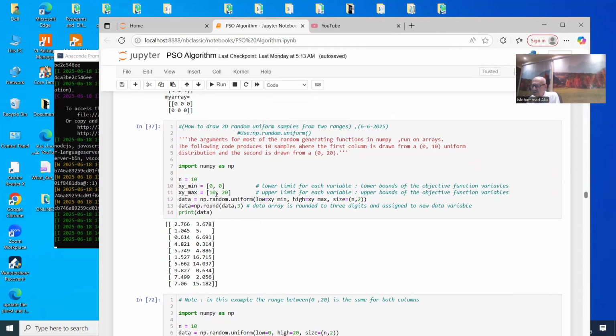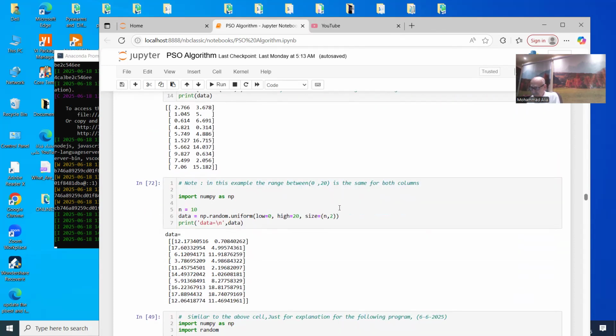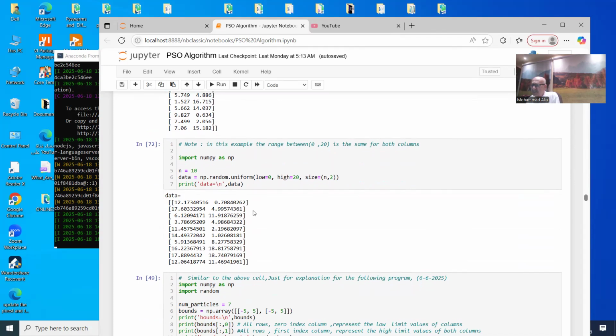But if you want them to be the same, it is easy. You can write here 10 and here 10, as you did here 0 and 0. And then we can say that the limits for both are between 0 and 10. So here, in this example, I selected the number of particles 10, and I have used the random uniform function with the low value